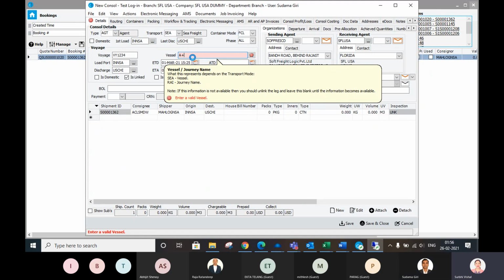No, no, no, not like that. Just a second. Give me the control then. Sudama, you can search also. Pick any of the vessel.